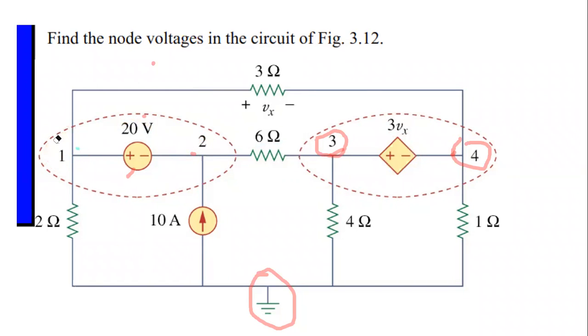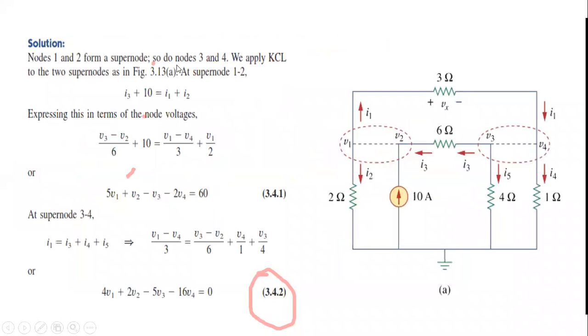So this is a voltage controlled voltage source, because it is a voltage source and it is dependent on this voltage. So, voltage dependent voltage source. Now let us see what to do with these voltage sources which are in between non-reference nodes. Here we will assume them as a supernode. Now you can see the voltage source has been removed, and this complete node V1 V2 is making one supernode, and V3 and V4 are also making one supernode.